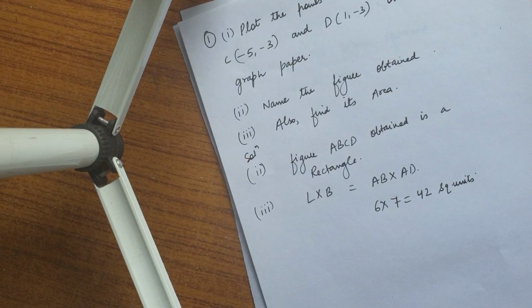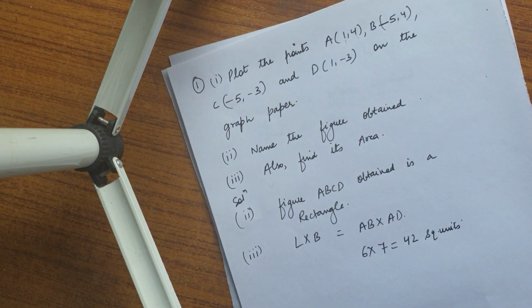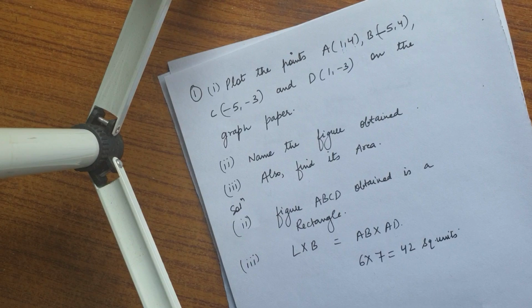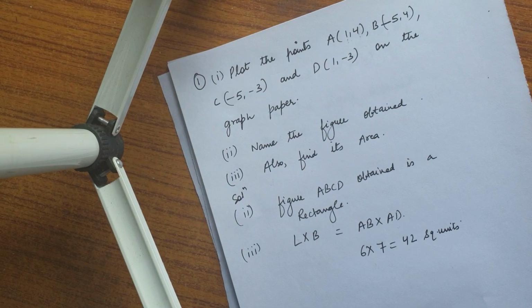This type of question will surely be asked in your exam. Okay. So this is the first type. I hope children you have got what we did. Firstly we plot all the points. Then by looking at the points we join them, find the area and name the type of the figure. Okay. One more question we'll be doing of this kind.